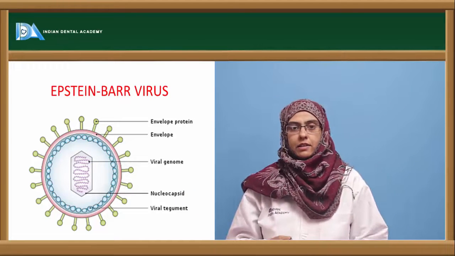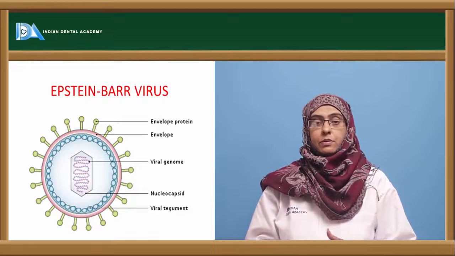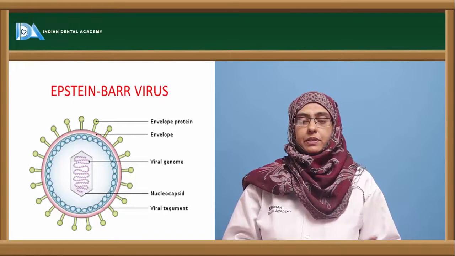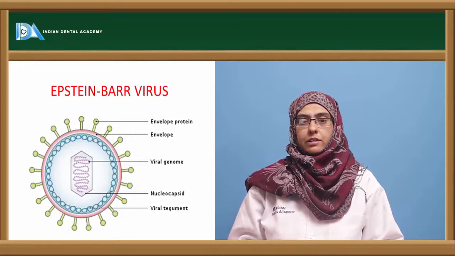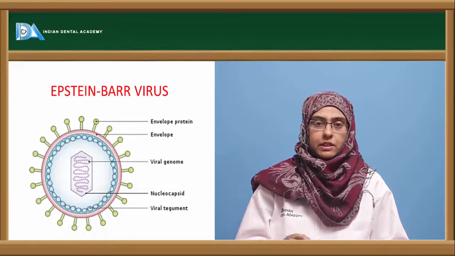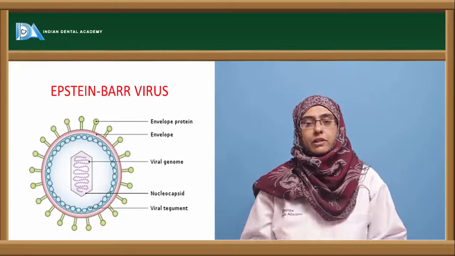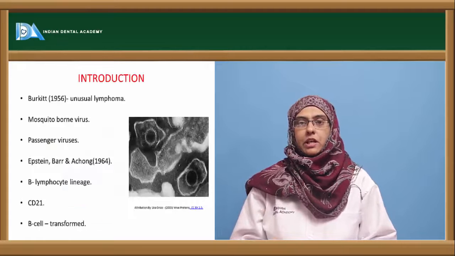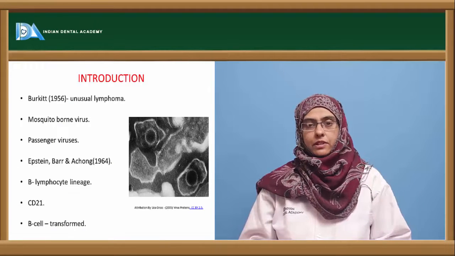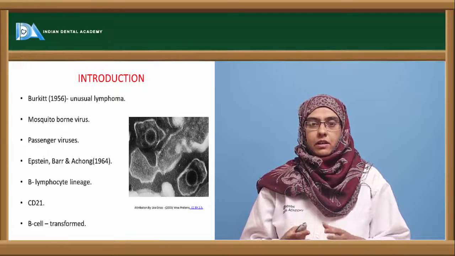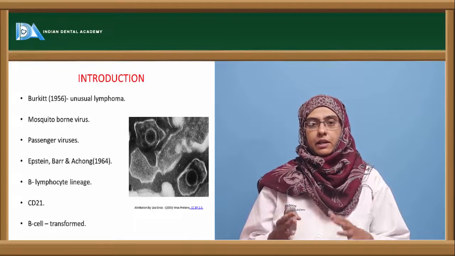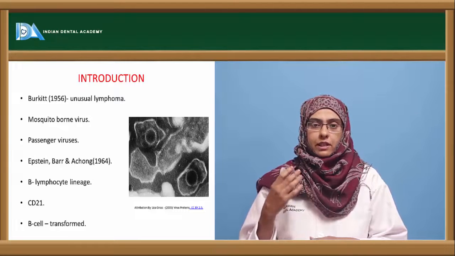Epstein-Barr virus is an organism of the herpes family, which belongs to the gamma herpes virus subfamily. Here the organism has the ability to cause lymphoma, that is, the ability to infect the B lymphocyte and cause lymphomas. So coming to the introduction part of this, this organism was first detected and studied in detail